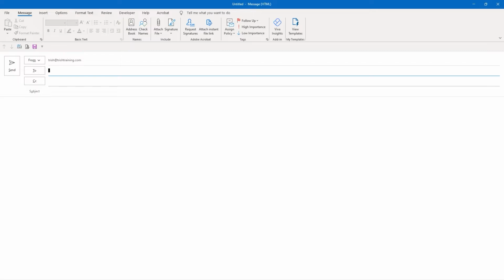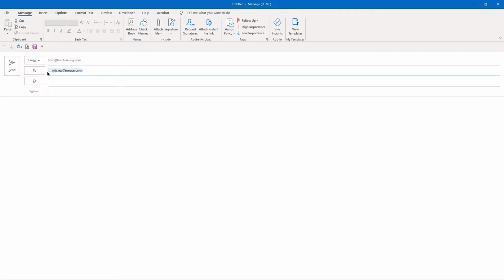So to address your message, you can simply type an email address. If the email is already in your contacts, it will pop up. So I'm going to type an email address here that is not in my contacts, and it's not even a real email address. It'll give me a suggestion, but that doesn't mean that it's a real email address. It just means that it's accepting it and it's formatted that way. So you can use an email even if the person is not in your contact list.